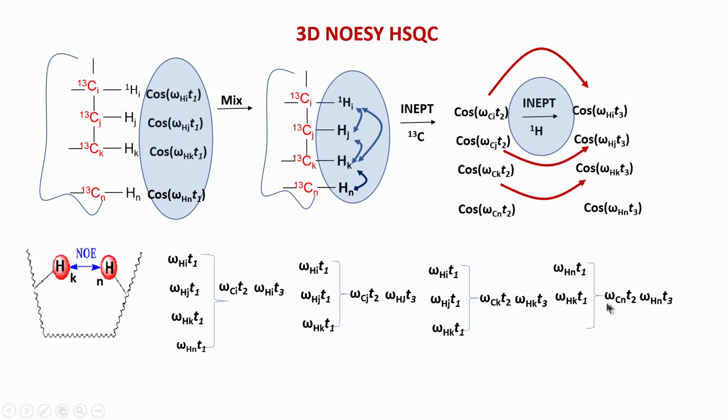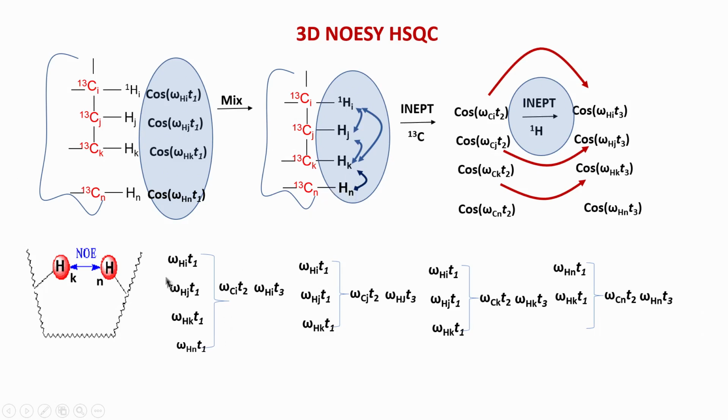Now we are getting an extra correlation which is between Hk and Hn. Why is that coming? Because Hk transferred the magnetization to Hn, and Hn was labeled with Cn and Hn. So Hk was on the T1 axis, got transferred during mixing, and during T2 and T3 got frequency labeled with the carbon and proton. This extra correlation is called a cross peak. Now Hn will also come here, because as I told you this is mutual, equal and opposite. If Hn transfers to Hk, Hk transfers to Hn.